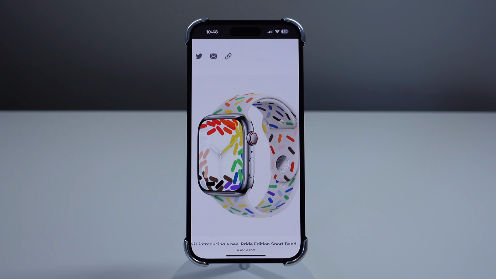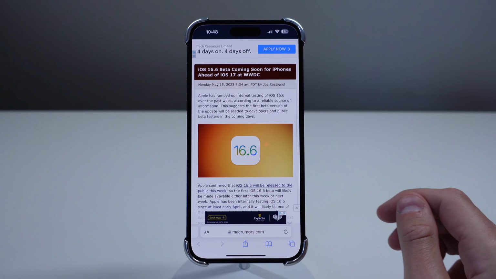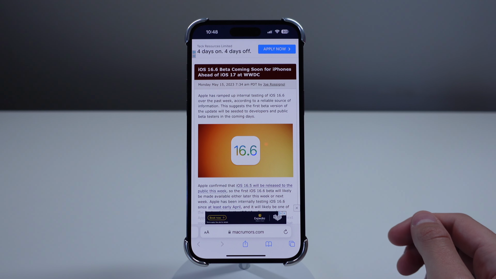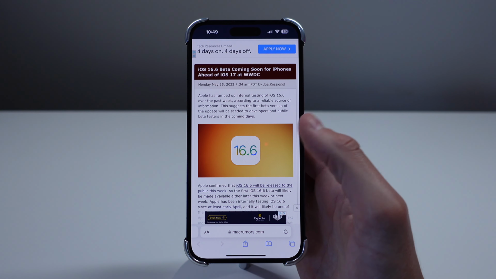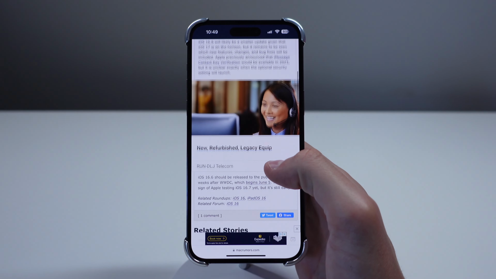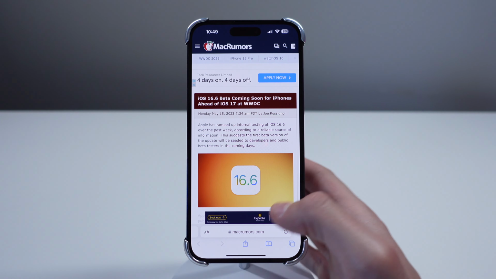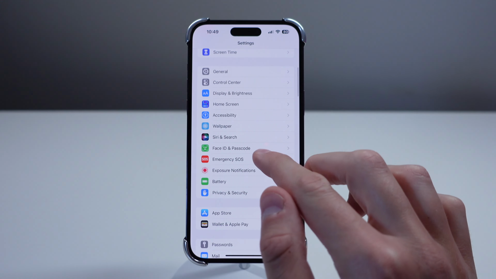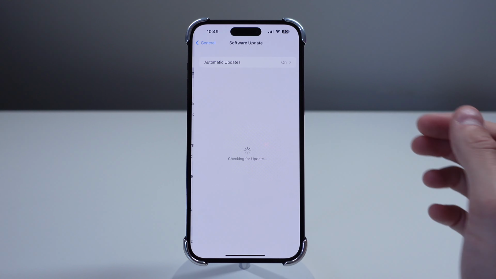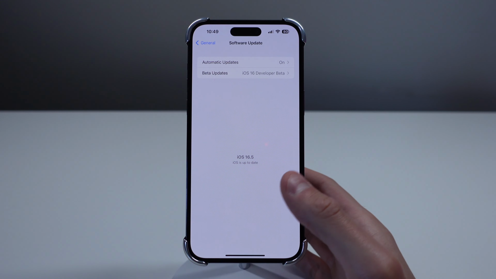And we also heard some news today that Apple is working on iOS 16.6, which for me seems a little bit weird. I don't know what Apple could even include in iOS 16.6 just because the release is going to be so close to iOS 17. The only thing that I can assume is that iOS 16 is going to be the final software update for a few old iPhones. So Apple really wants to make sure that iOS 16 is stable before they abandon it on that firmware.